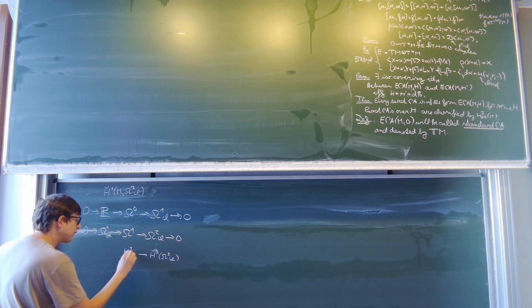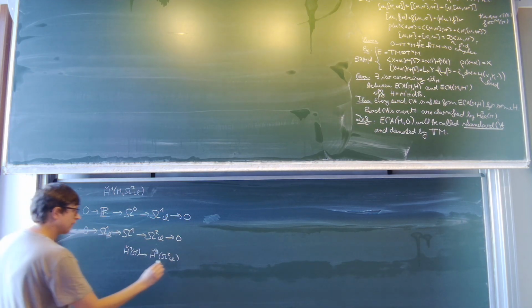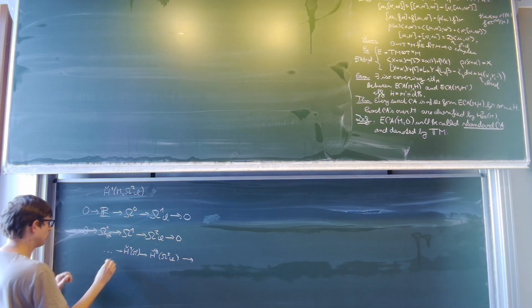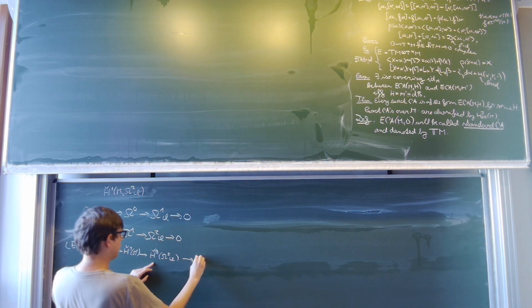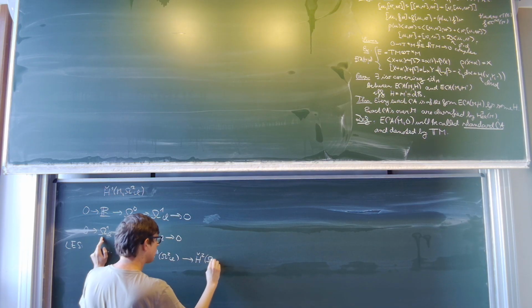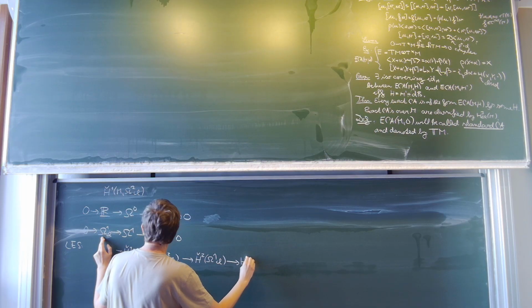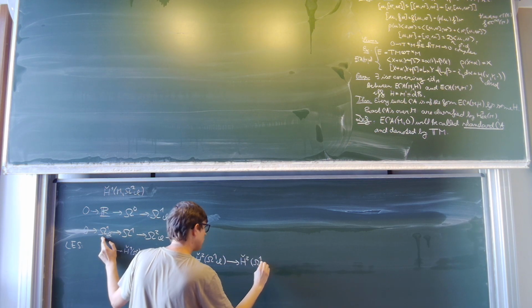Okay, I'm writing the associated long exact sequence. This, and here I would get, so this is the LES, the long exact sequence, and here I would have the second guys, right? Second of this one. This one,